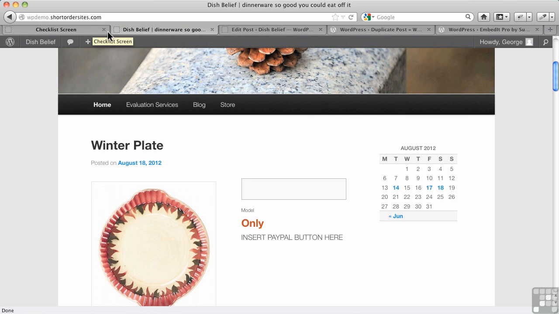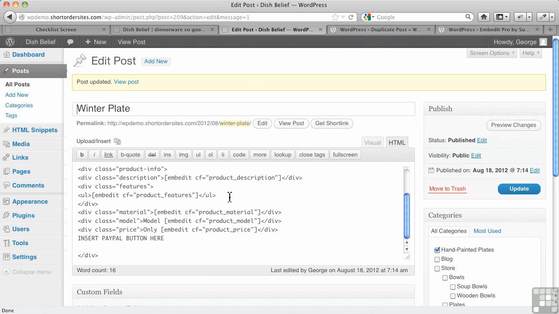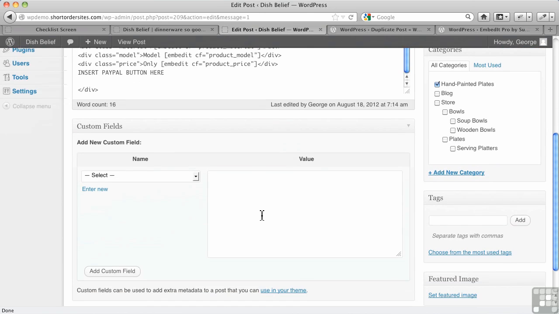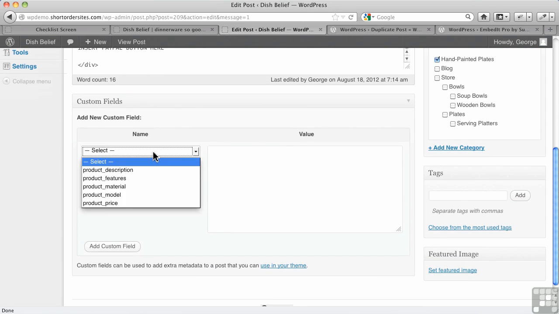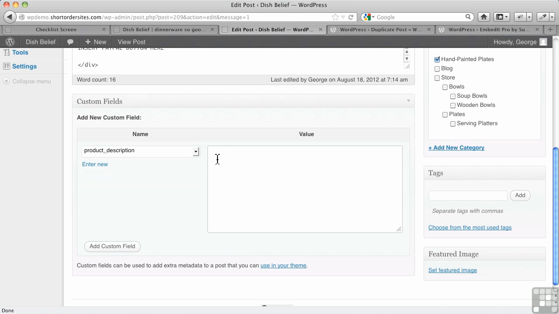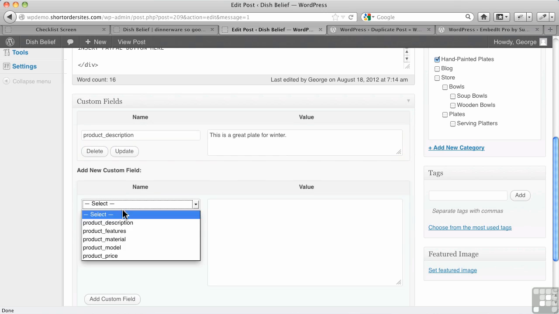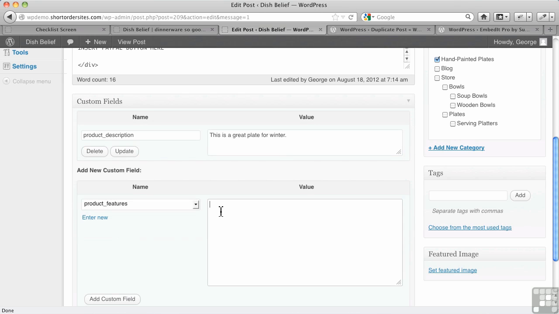So if I go back over to here, I've got to remember to put in my custom fields. Now, because we've already created those custom fields, there they are. They're already in our select menu here. So I can go into the description and say, this is a great plate for winter. Okay. And then I add another custom field, drop it down. There's features, and I would put in,